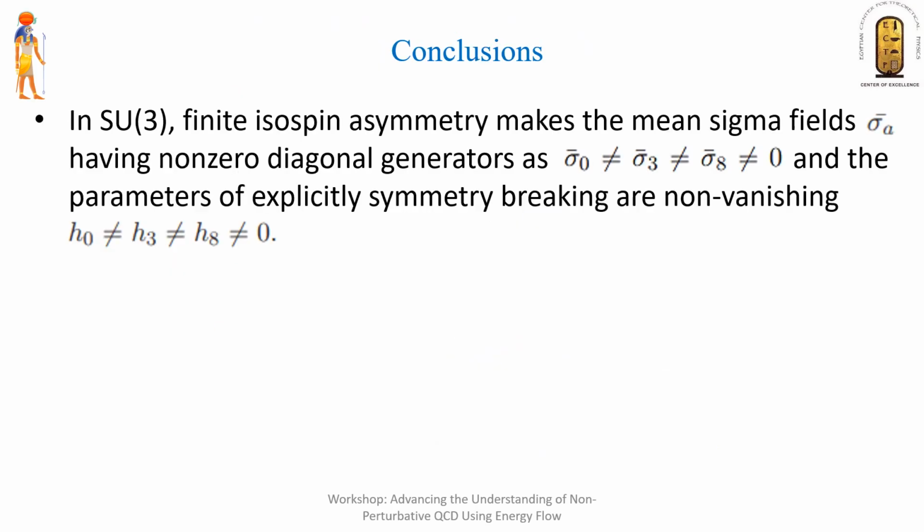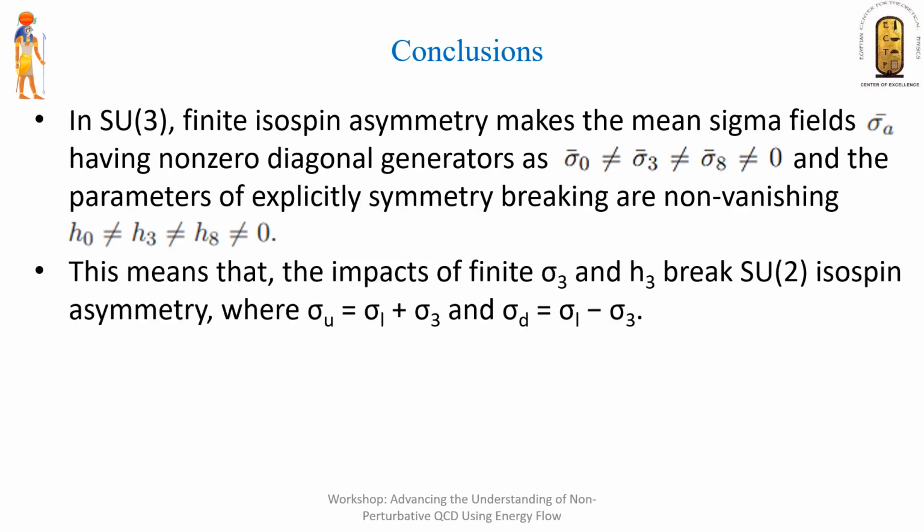To conclude, we see that in SU3, the finite isospin symmetry makes the mean sigma fields have non-zero diagonal generators, sigma 0, sigma 3, and sigma 8, and the parameters of explicit symmetry breaking are non-vanishing as well. H0 not equal to H3, not equal to H8, all of them are finite. And we have estimated the H0,